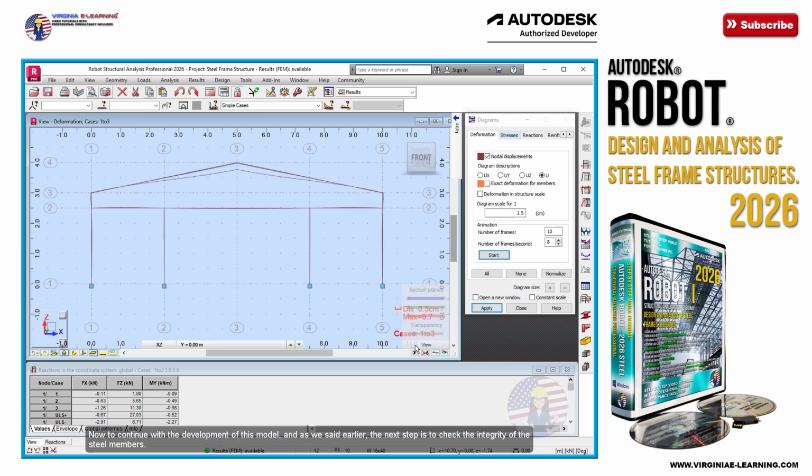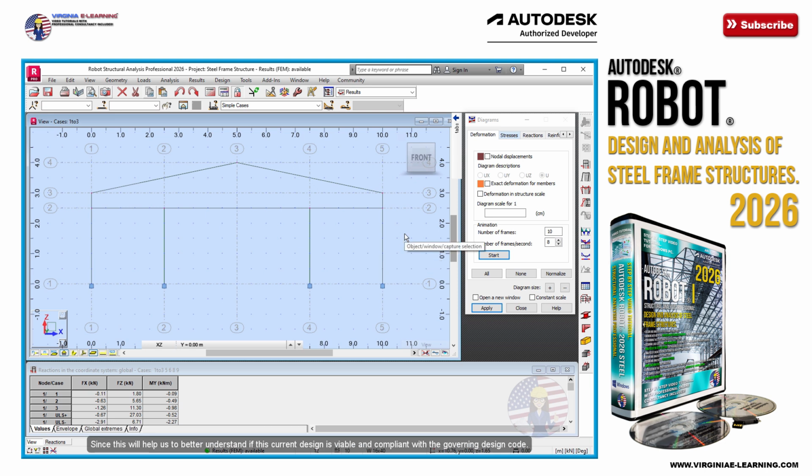Now to continue with the development of this model, and as we said earlier, the next step is to check the integrity of the steel members. Since this will help us to better understand if this current design is viable and compliant with the governing design code,